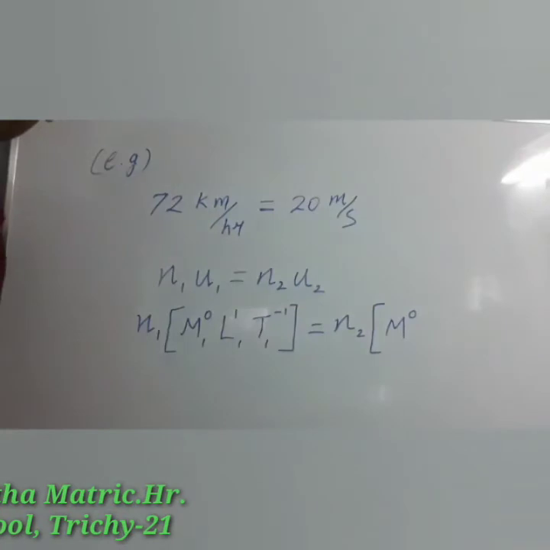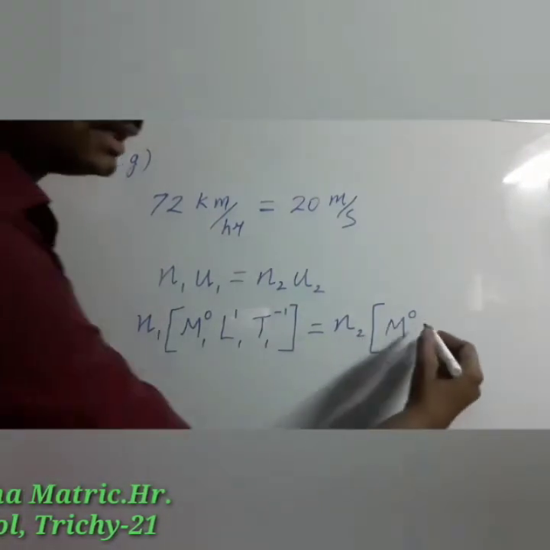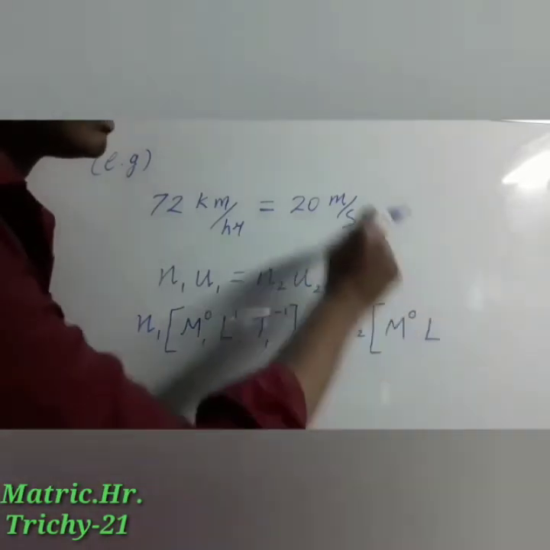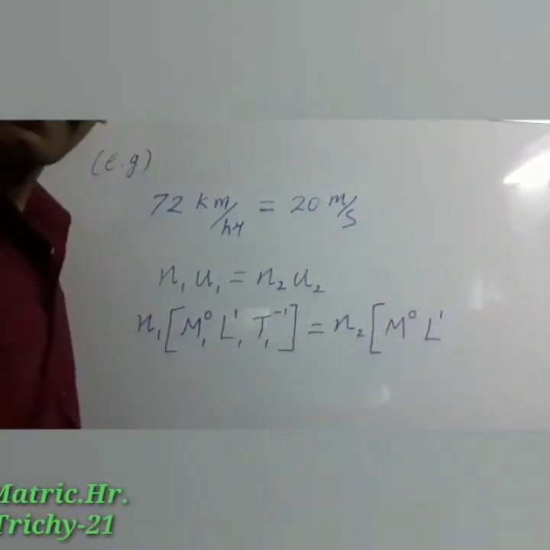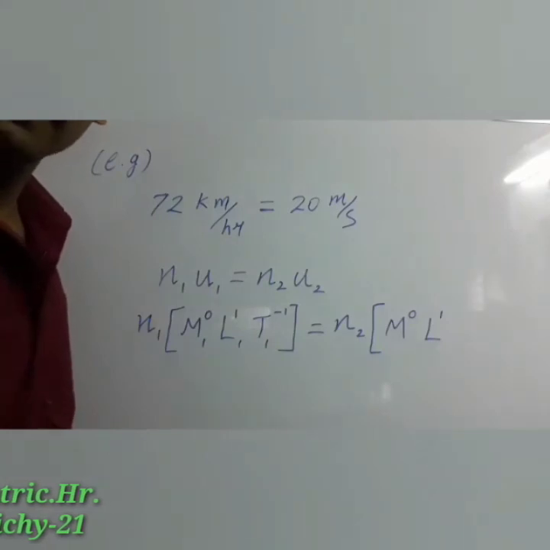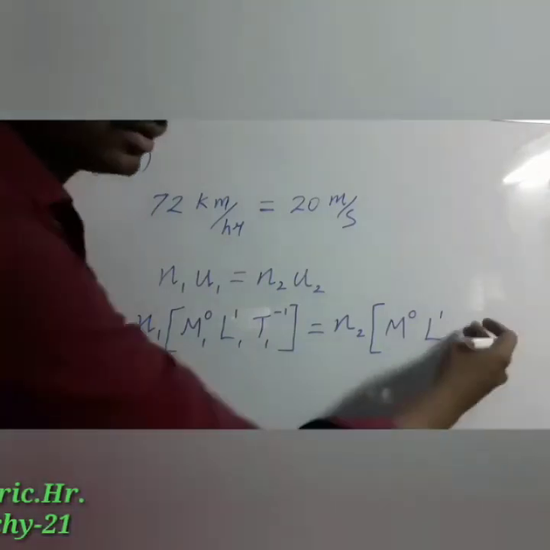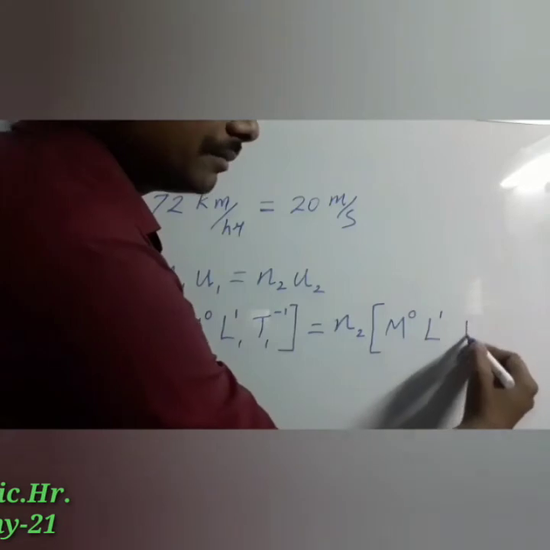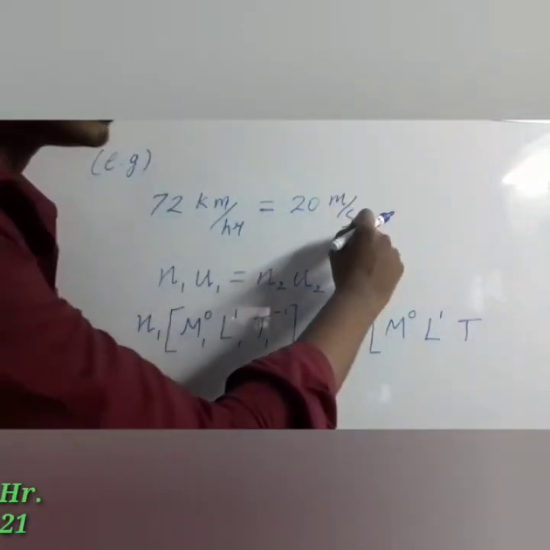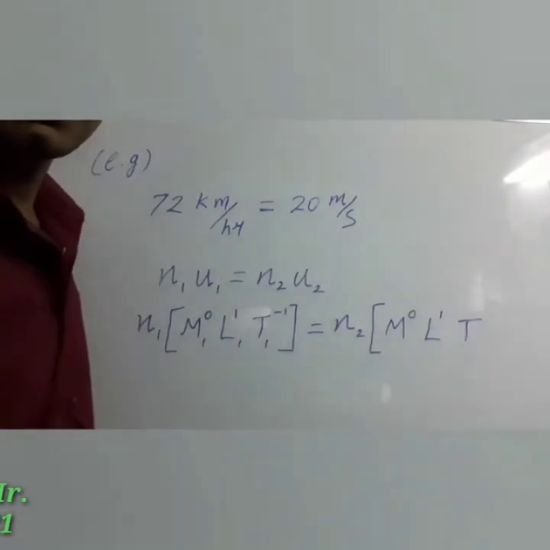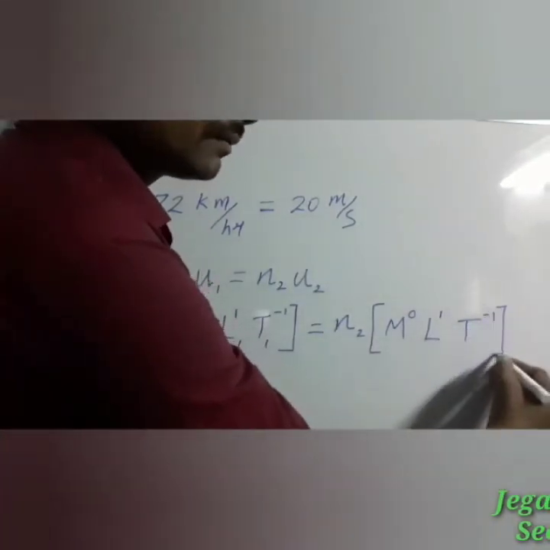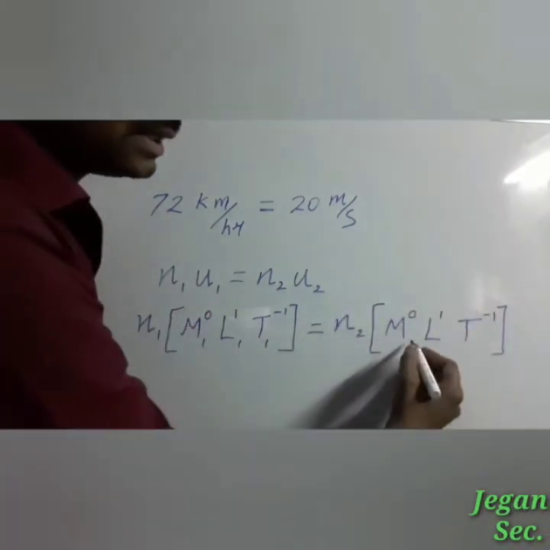Meter is there in the numerator, so you have to write L. What is the power value? 1. Per second is there, we know that already. Second is a unit for time, so you have to write the dimension for time, T. And what is the power value? Per second, so second has to be taken to the numerator, power minus 1. So here also you have to mention T power minus 1. Remember this is the dimension in the second system of unit.